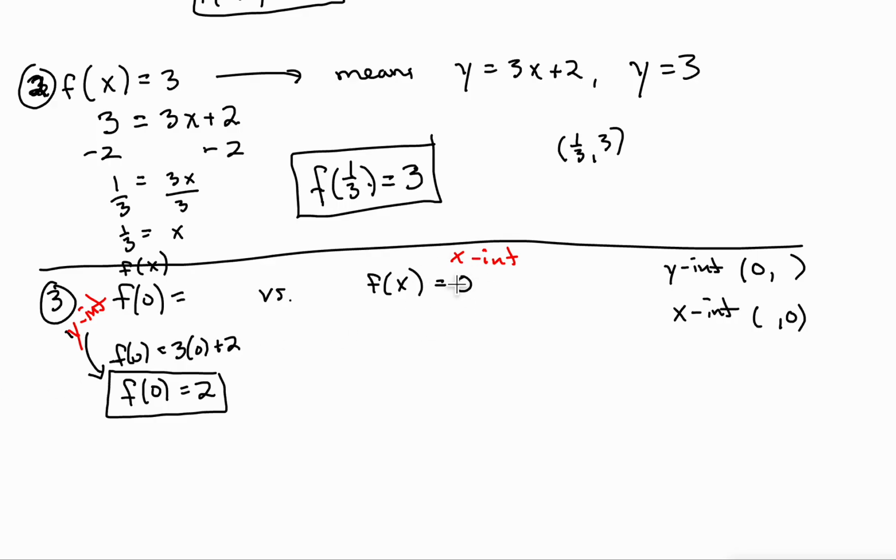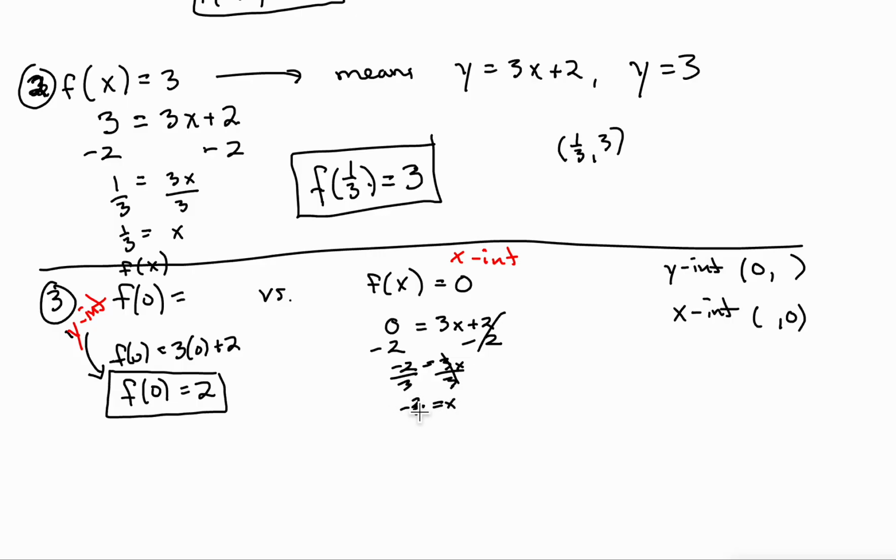Now for our x-intercept, that 0 was substituted in for y, so we'll substitute 0 in for that y, f of x, equals 3x plus 2. And now we have to solve for x. 3x equals -2. Divide both sides by 3. So x